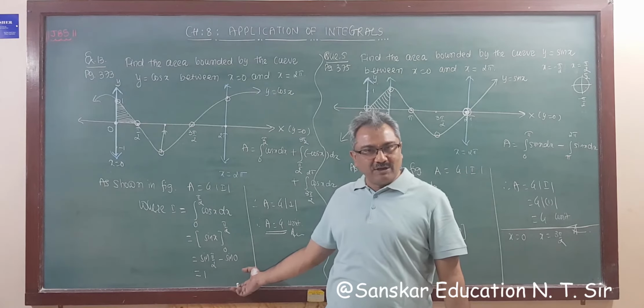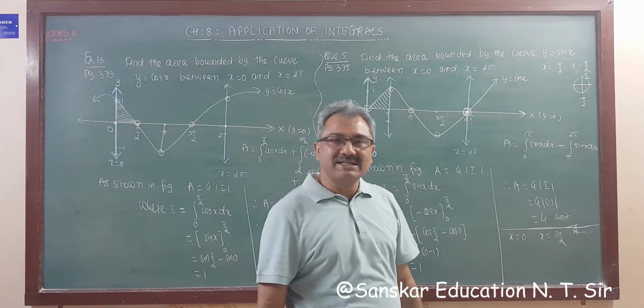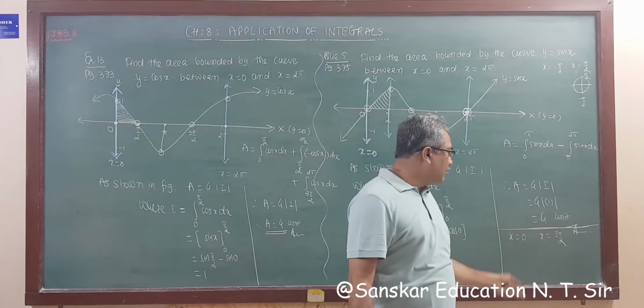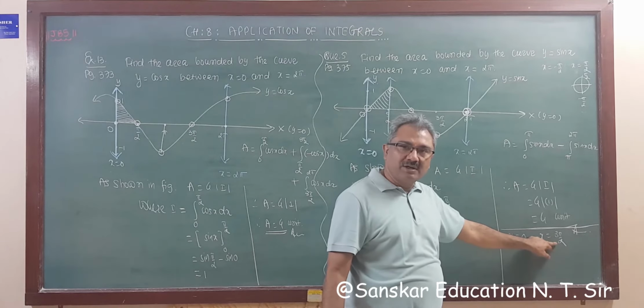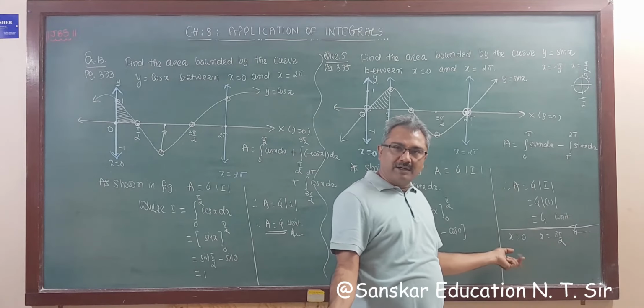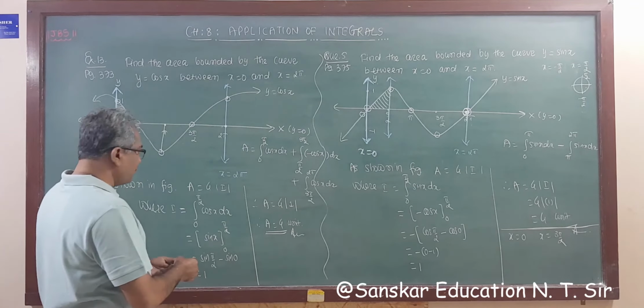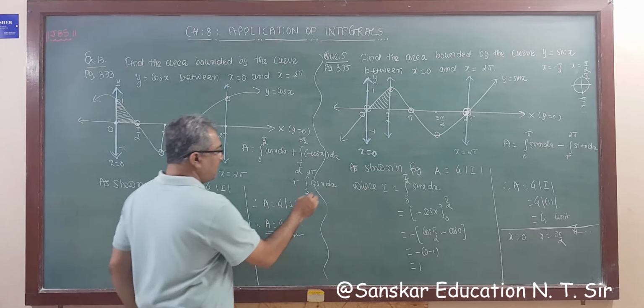In the first quadrant, the integration of sin x from 0 to pi by 2 is 1, and the integration of cos x from 0 to pi by 2 is 1. That you have to remember. So what will happen from 0 to 3 pi by 2? It involves 3 quadrants, so the answer is 3 units, right? Remember the same thing for cos. So I'm going to give you one shortcut method.